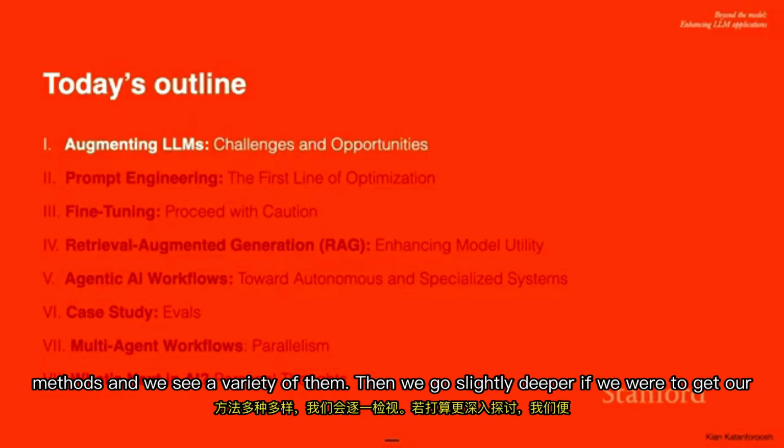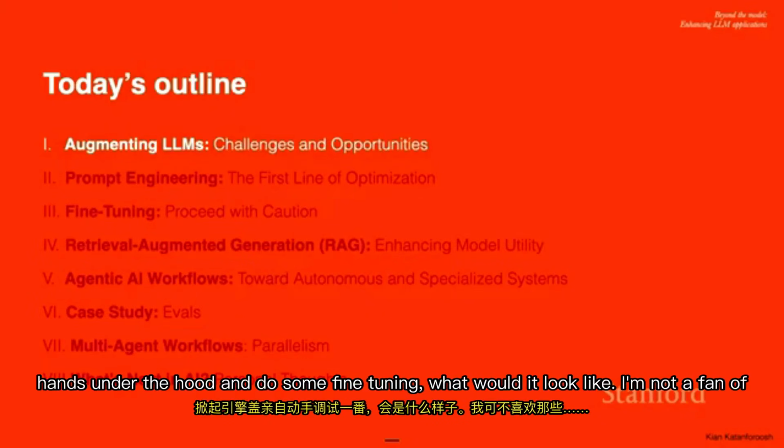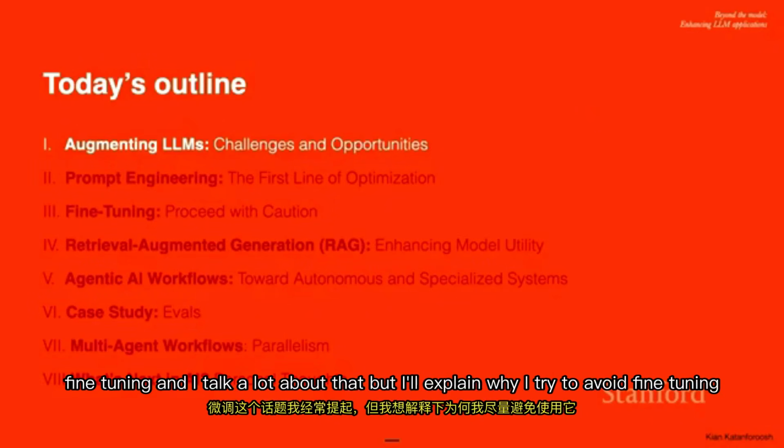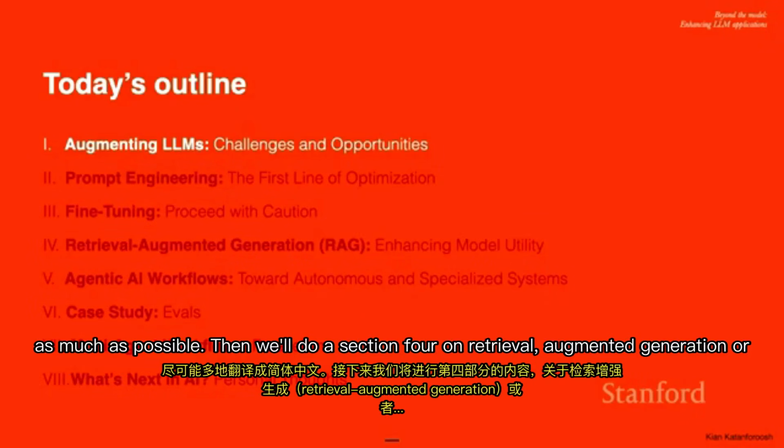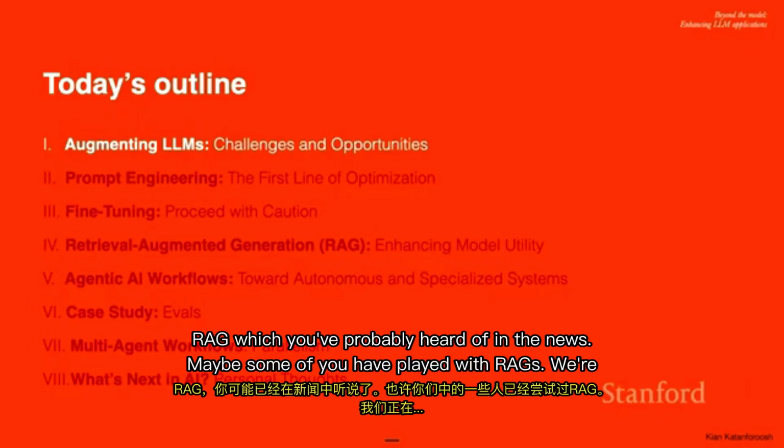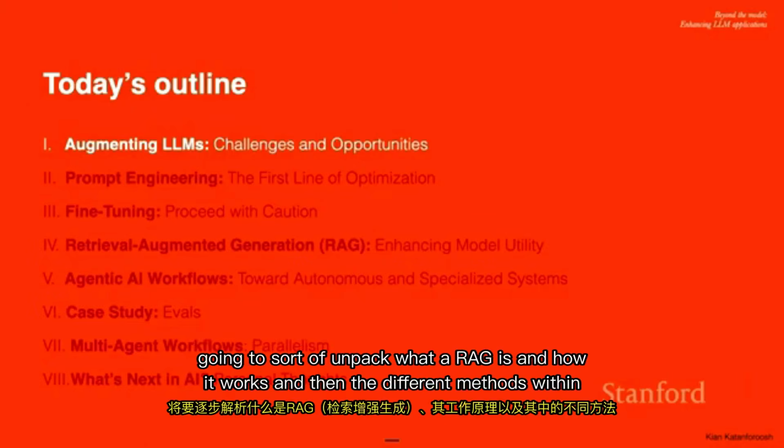If we were to get our hands under the hood and do some fine tuning, what would it look like? I'm not a fan of fine tuning, and I talk a lot about that, but I'll explain why I try to avoid fine tuning as much as possible. And then we'll do a section 4 on retrieval augmented generation, or RAG, which you've probably heard of in the news. Maybe some of you have played with RAGs. We're going to unpack what a RAG is and how it works,